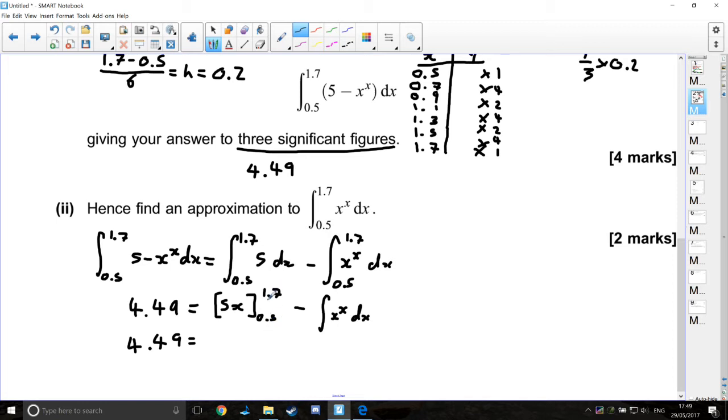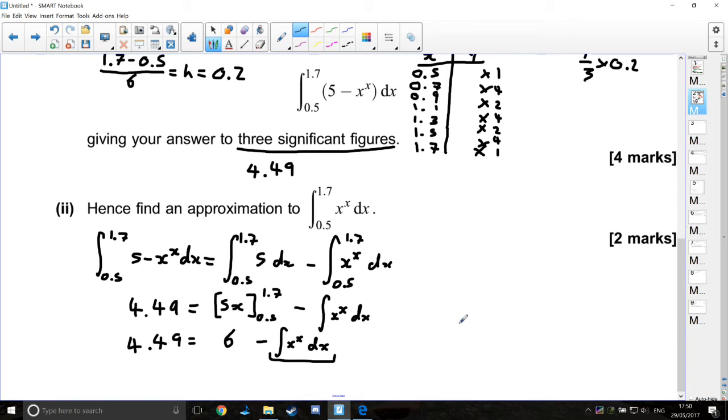equals, let's sub that into a calculator, 5 times 1.7, which is 17/2, minus 5 times 0.5, and that's 6. That's x to the power of x dx. So our approximation for this part here is going to be,